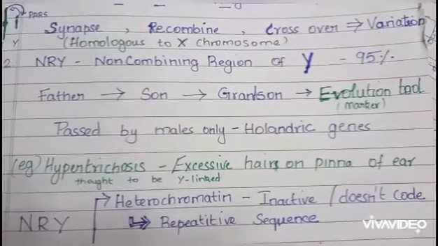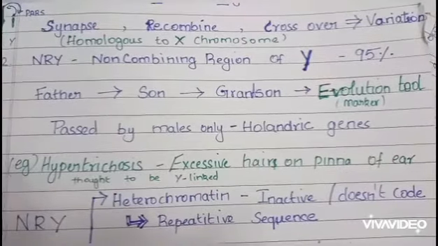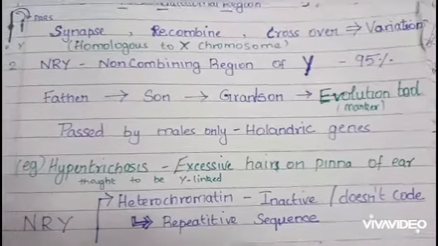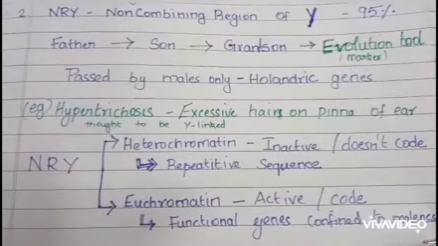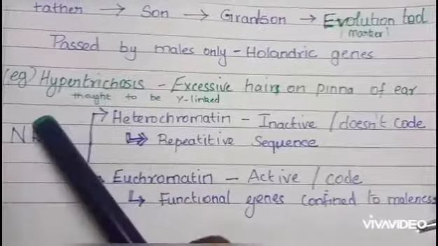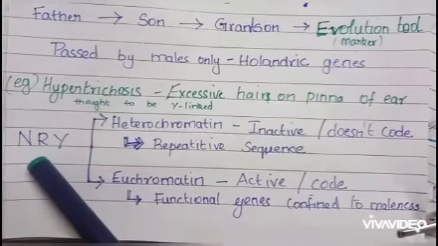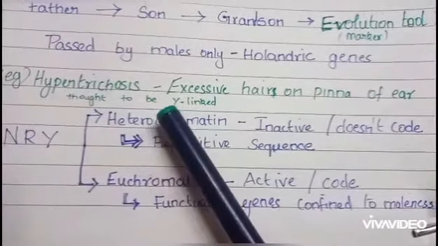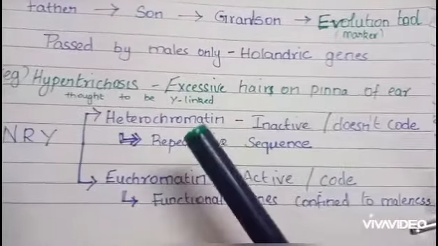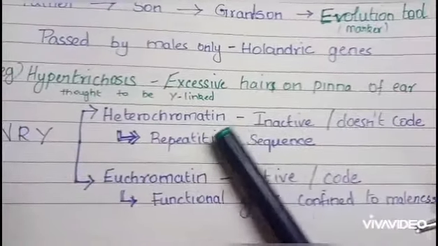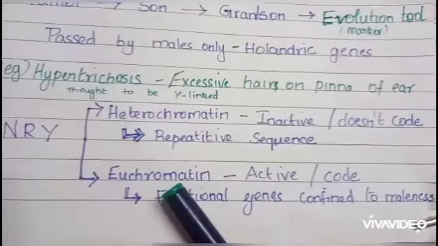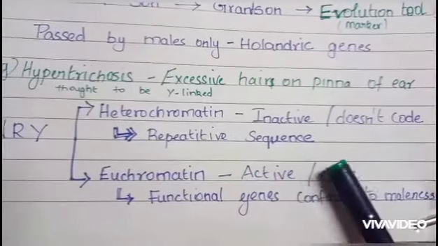The gene for hypertrichosis, that is excessive hair on the external ear, was thought to be a Holandric gene, but today's studies are disproving it. The NRY, or non-recombining region, is further divided into heterochromatin and euchromatin. Heterochromatin is the inactive region that doesn't code, containing repetitive sequences, and euchromatin is the active region that codes for functional genes